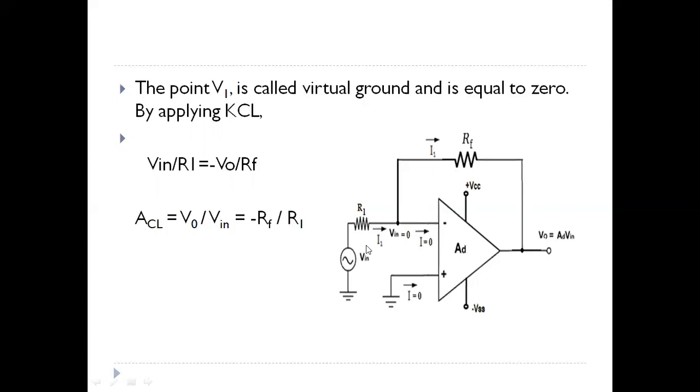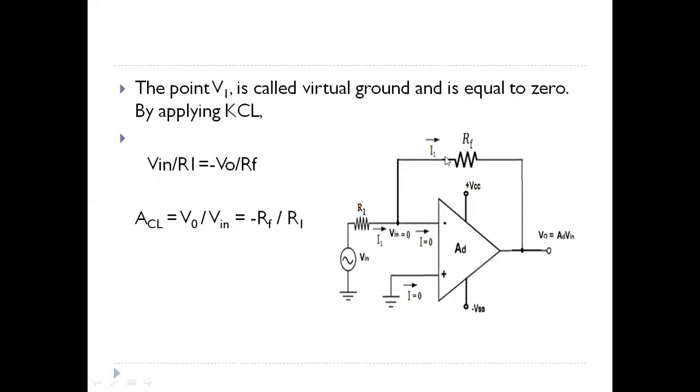So here the current I1 is equal to the ratio of voltage to resistance, V by R. So what is the voltage at this point? The difference voltage. Here we have two voltages, one is Vn, another one is 0. So Vn equal to 0, at this point we have 0 potential. So the difference voltage is Vn minus 0 by the resistance which we are taking at this point, R1. So that is the current I1 through this terminal, Vn minus 0 by R1, that is Vn by R1.